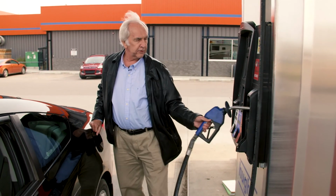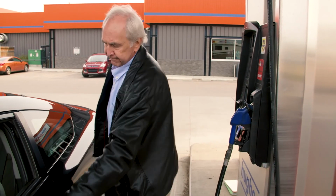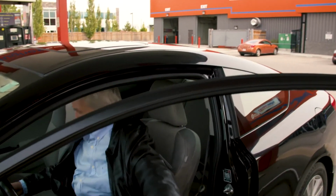So, whatever fuel we don't use up here remains safely stored down there. Our next stop